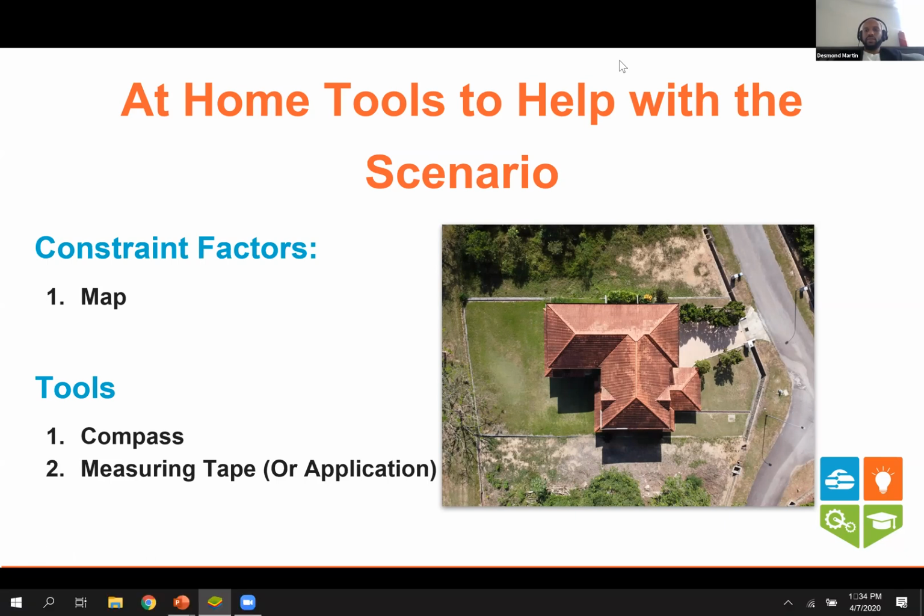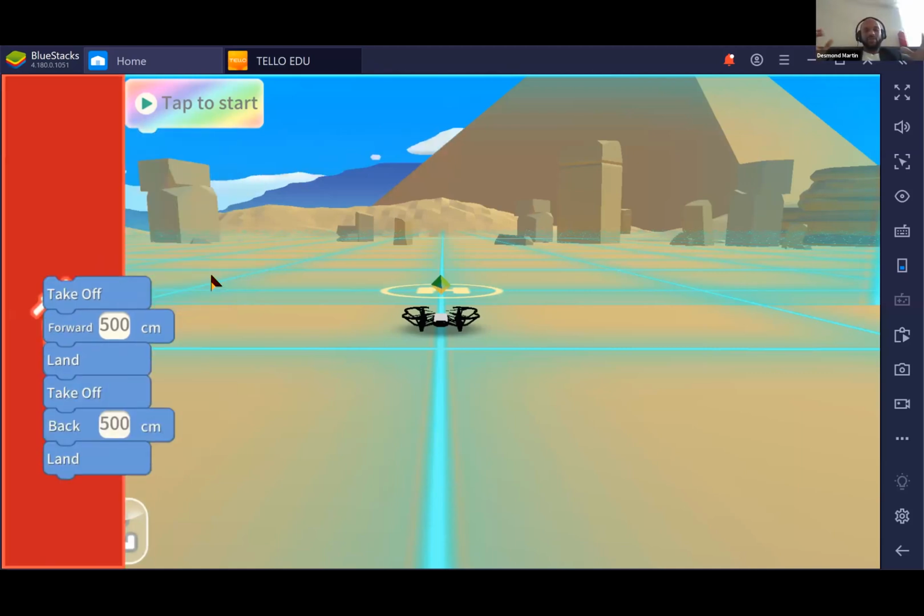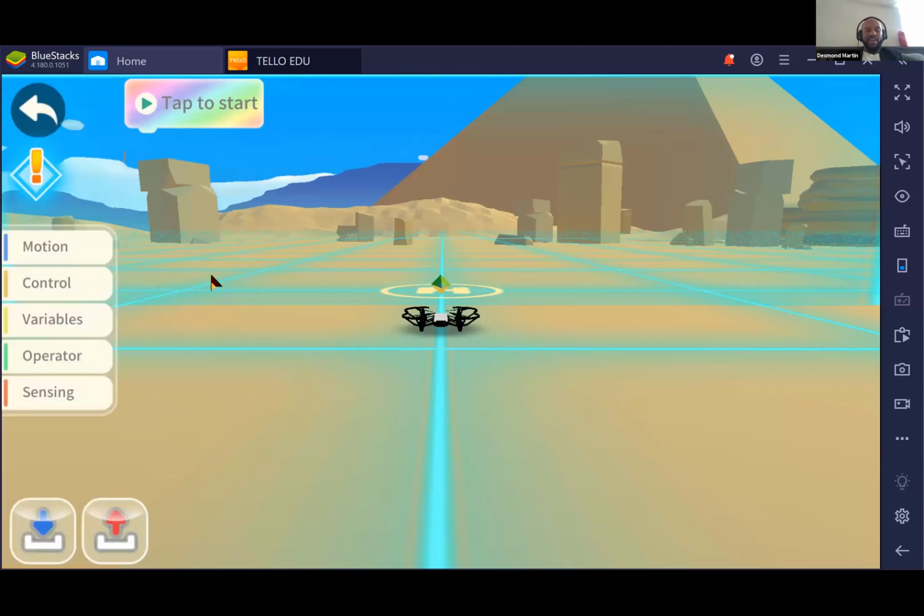So now that we are switched back over to our simulation software, I love this example program that I started with, but I don't love it so much that I want to keep it forever. So I'm just going to throw it in the trash. So now we have our drone. We're ready to simulate. We have our drone sitting here ready to receive instructions,